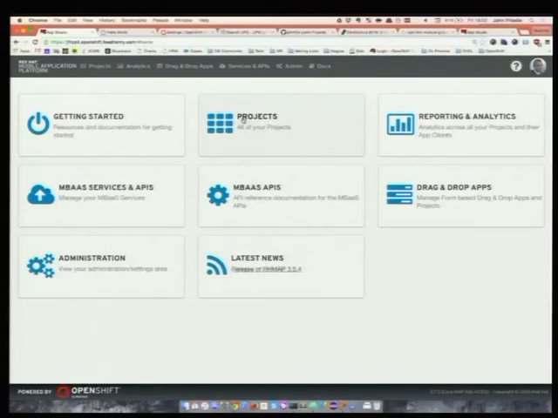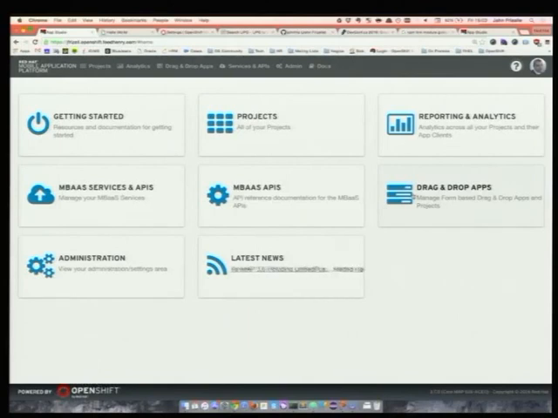Are they web applications? That Node.js API server in the middle, and your microservices on the right-hand side. You have reporting and analytics to get information on usage of your applications, how many installs, how many startups, how many API requests, that kind of thing. Here's where you create those mobile microservices, the back-end microservices. Link into documentation.